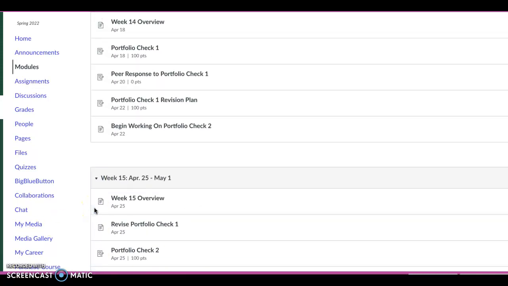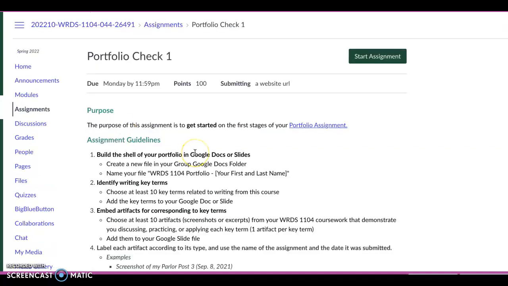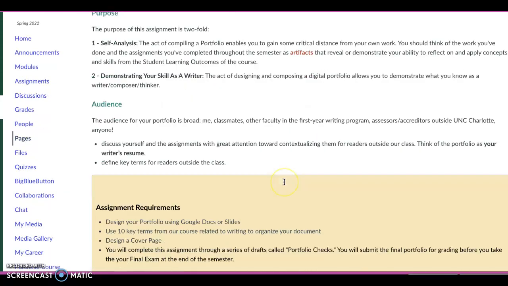These checks are really meant to keep you on course with the assignment so that you're not doing it at the last minute. Just like we did the research logs one at a time, we're going to be breaking the portfolio into stages, so you're not overwhelmed by the assignment and you're working on each part at a time. Hopefully you have looked at the portfolio assignment, which was assigned to look at last week, and I just want to highlight a few things